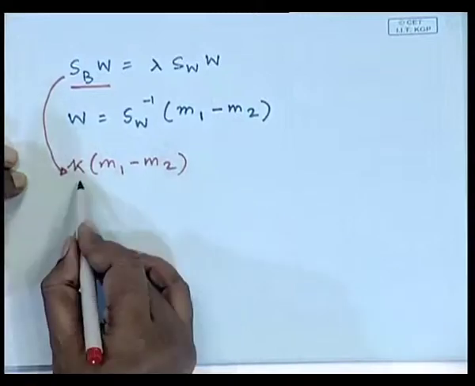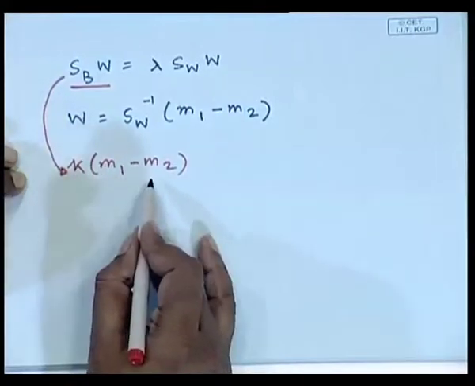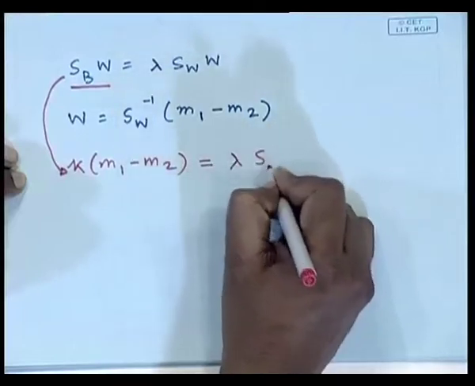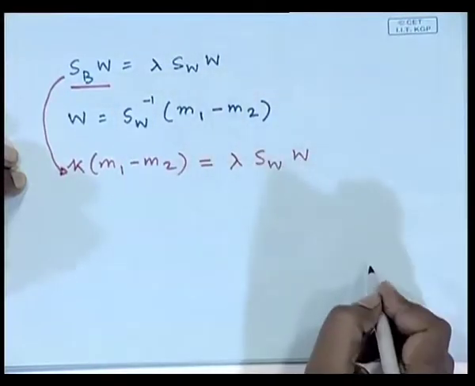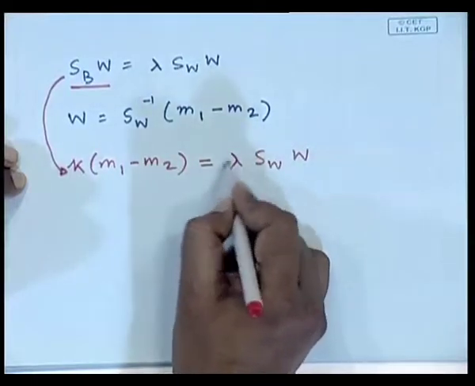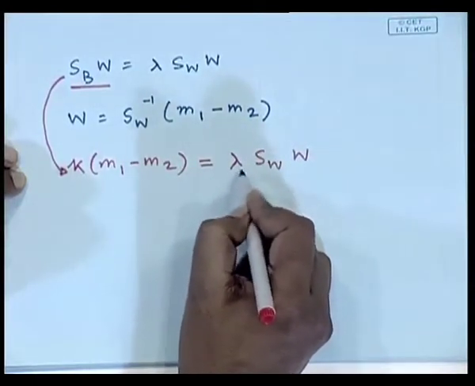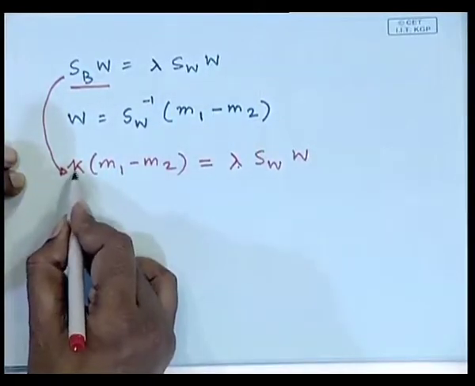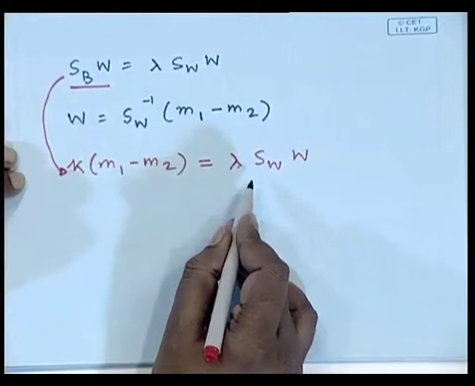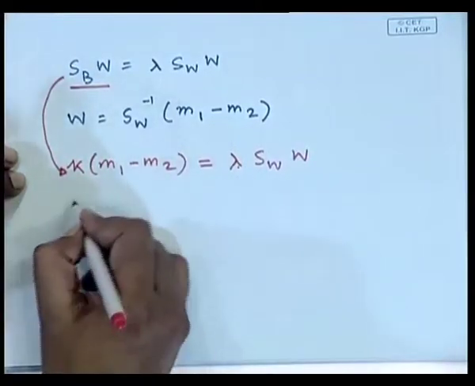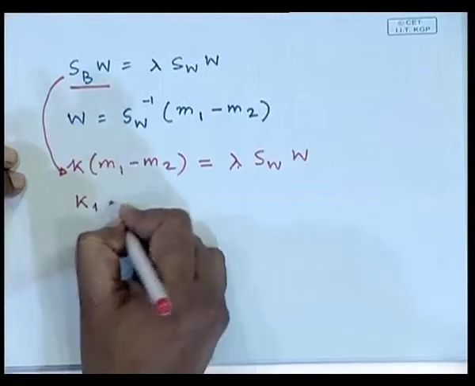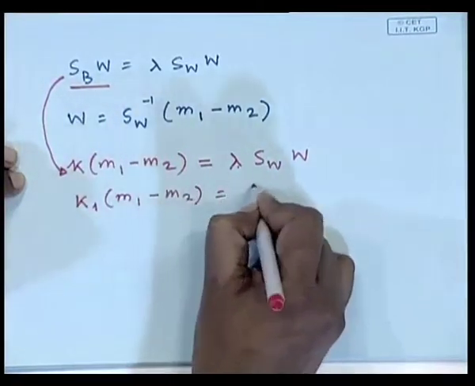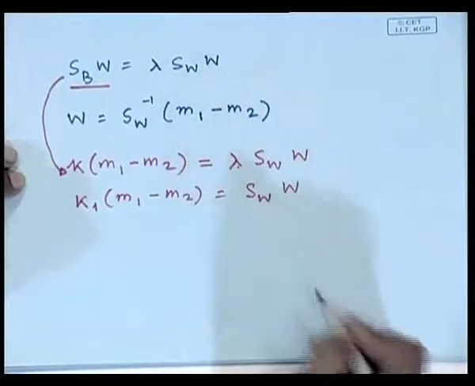That is equal to lambda SWW. Lambda is a constant, so I can put this constant under the constant k, because it simply becomes k upon lambda. Equivalently, I have some constant k1 times M1 minus M2 equal to SWW,